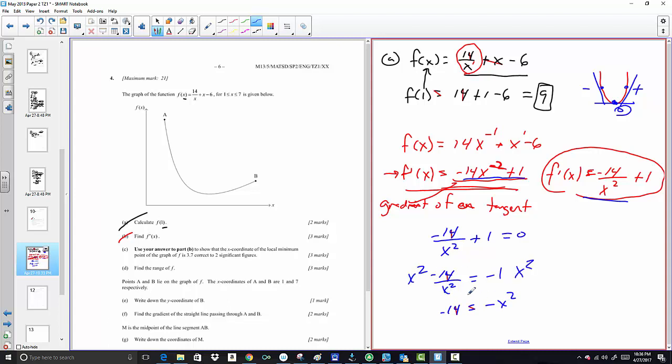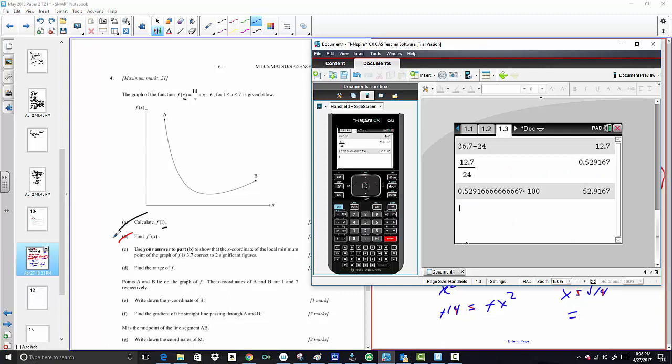By x squared, you should see. And then the negatives will cancel. So I'm saying x squared is equal to 14, so x is the square root of 14. And this, of course, if you plug that into your trusty calculator, is control square root 14 will be